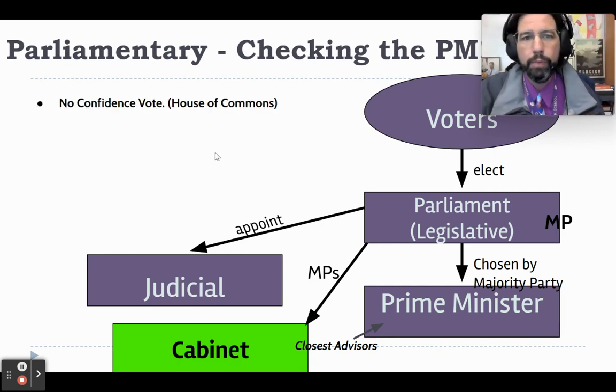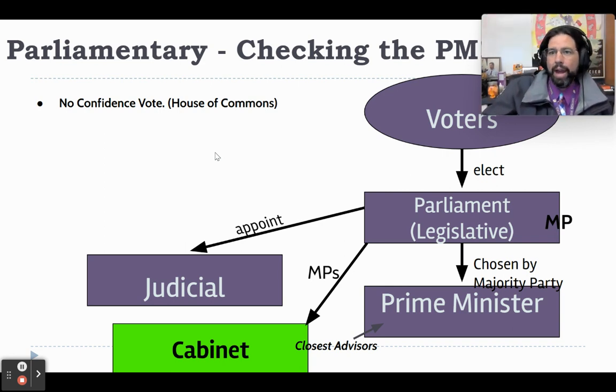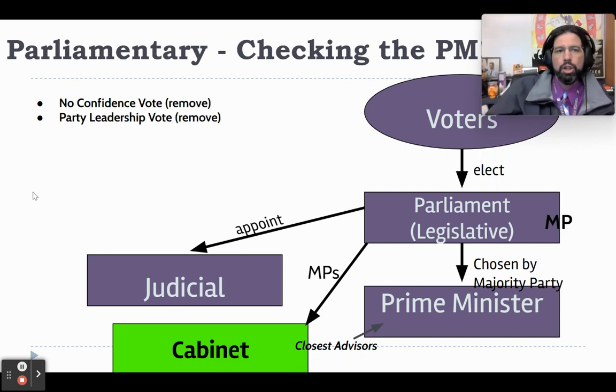Well, number one is a vote of no confidence. Basically, Parliament, the House of Commons, can vote to remove the prime minister at any time. You just need to have enough votes to call for the no confidence vote in the House of Commons. And again, that's bad news. That means your majority party is telling you you've had it, get out. We don't want you here anymore. So usually a threat of a no confidence vote is enough to get you to resign. However, no confidence votes don't always work, and this has happened more recently in the House of Commons in the UK.